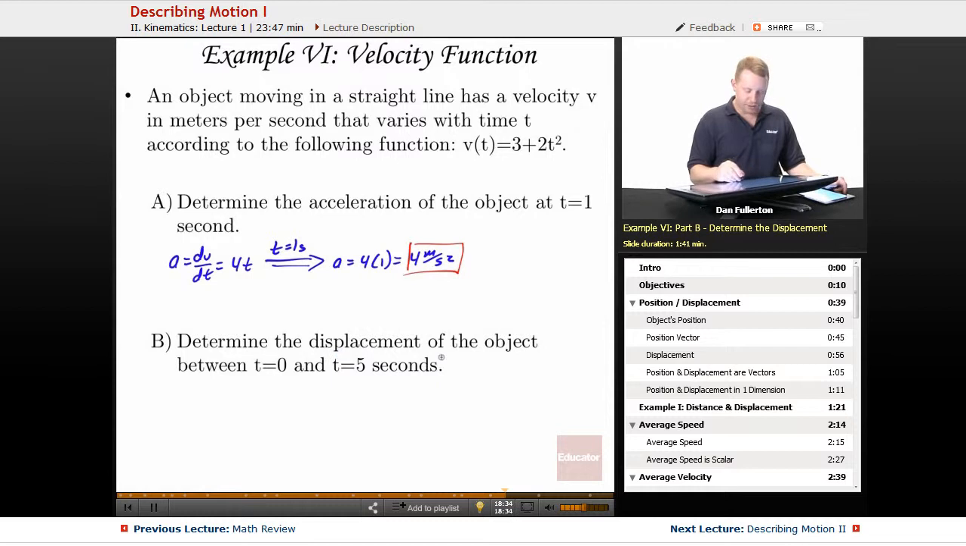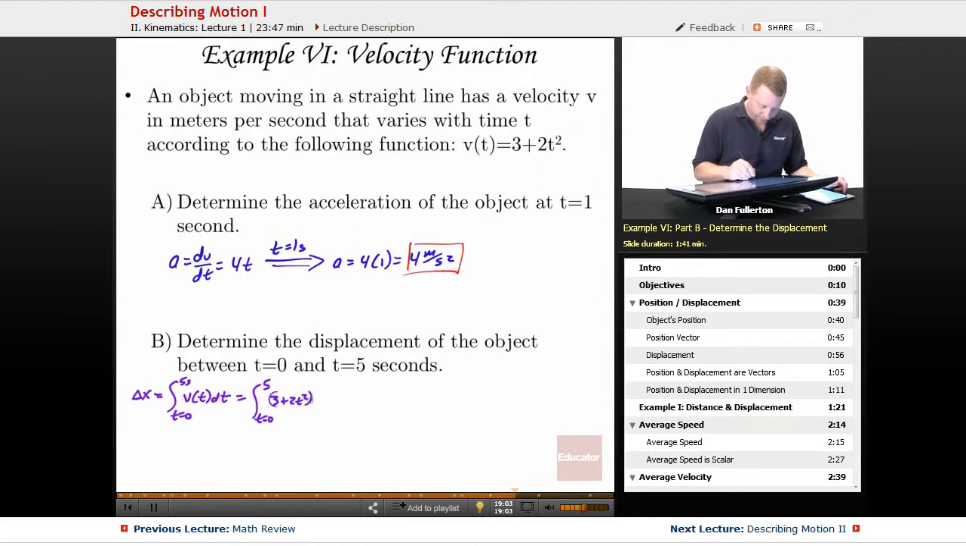For part B, determine the displacement of the object between t equals 0 and t equals 5 seconds. Well, we want to know the displacement, delta x. That's going to be the integral from t equals 0 to 5 seconds. We can start to use definite integrals here because we're given some limits on the time of our velocity with respect to time, which will be the integral from t equals 0 to 5 seconds of 3 plus 2t squared dt, which will be